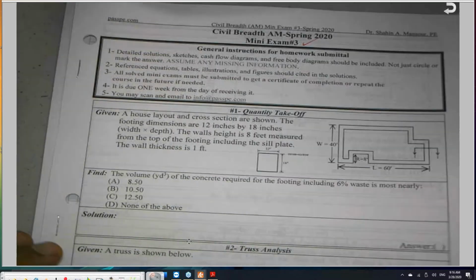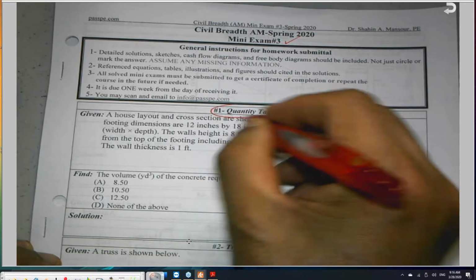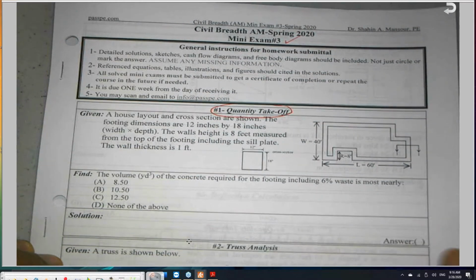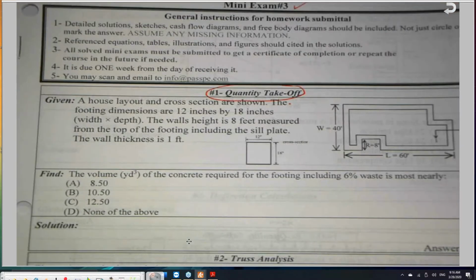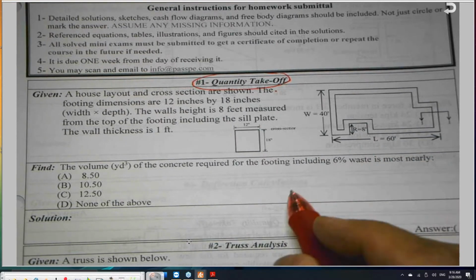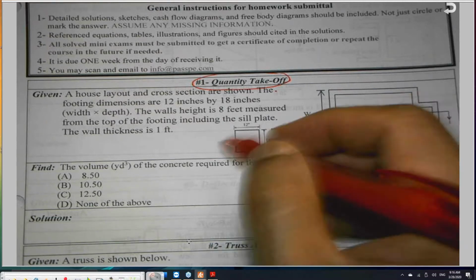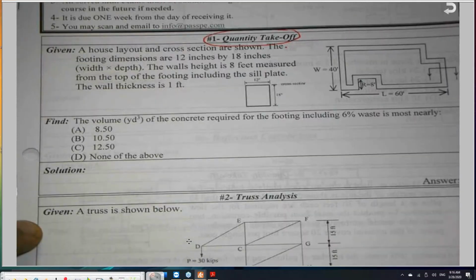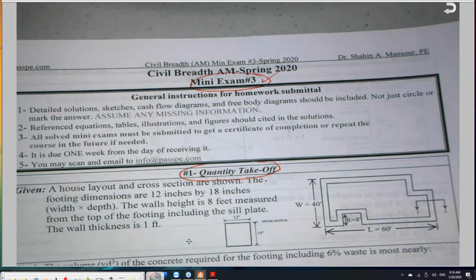It does have maybe 1 or 2 problems from another area that we covered before. Normally I overlap, for example, a quantity takeoff method. If you recall, we talked about this, and building with RSS. As you can see, this is one problem. We are not going to cover this today, but the mini exam number 3 will